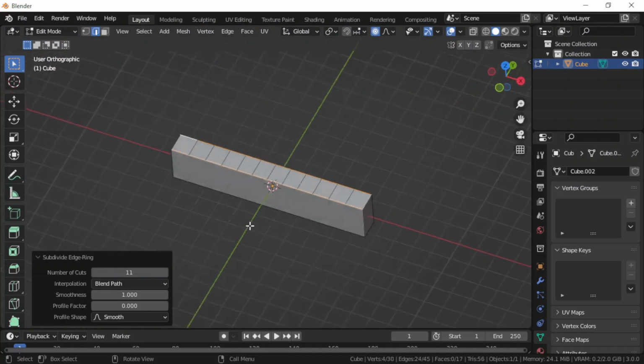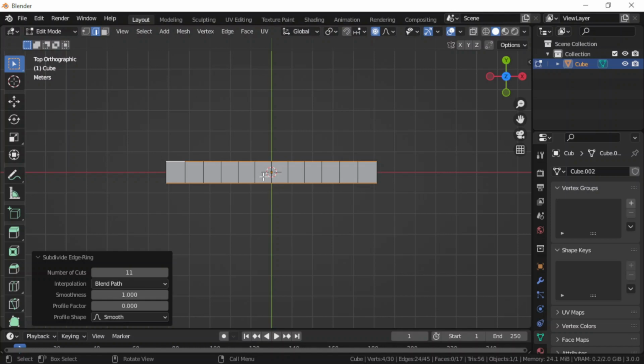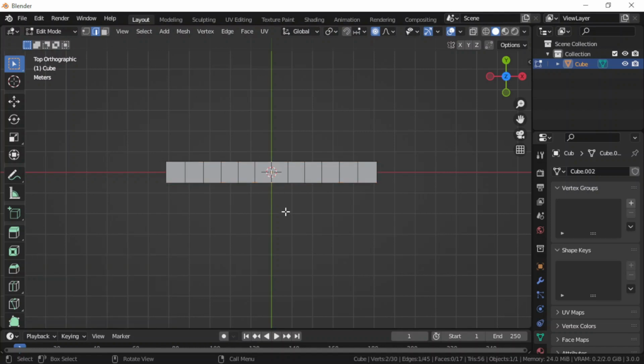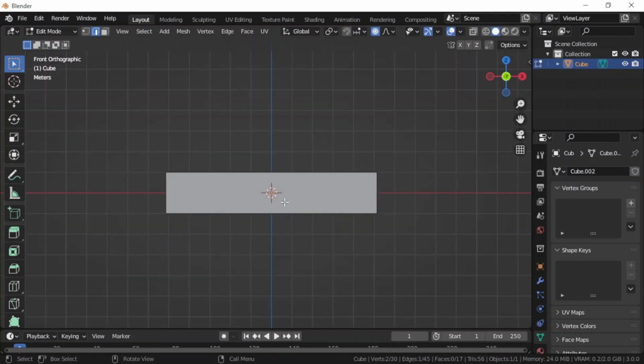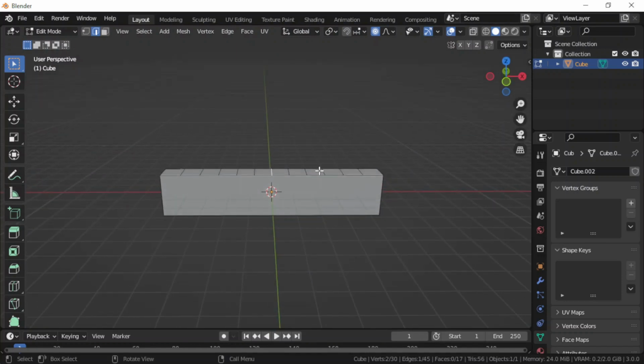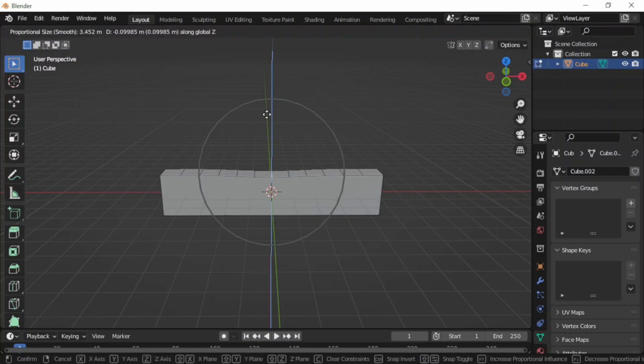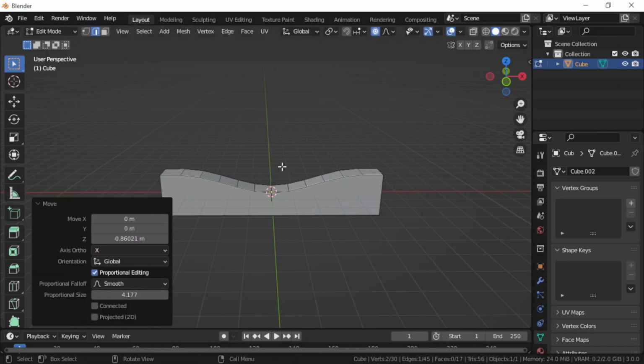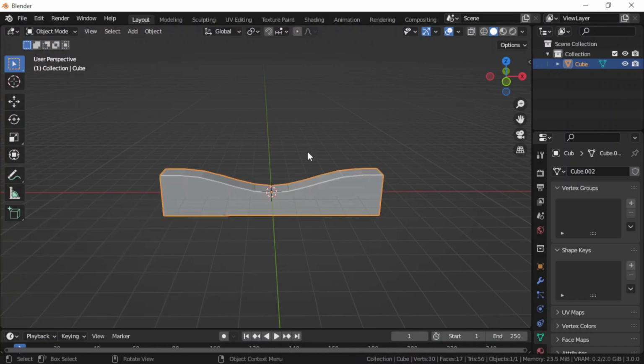I'll go into top view, select the middle one, go back into front view, tilt a bit to see the edges, turn on the proportional editing if it was not turned on, and then grab on z-axis. I will keep the two faces here at the end untouched. I will tab out of edit mode,